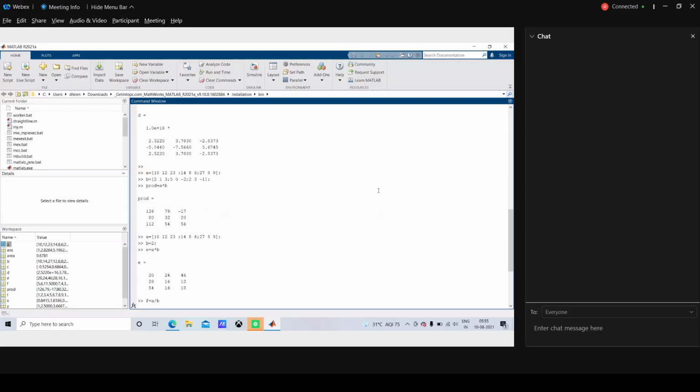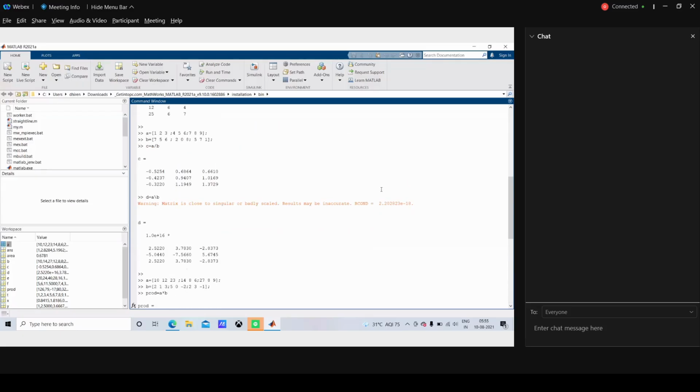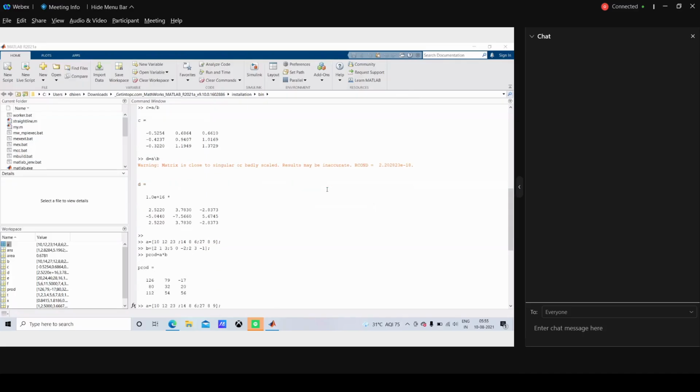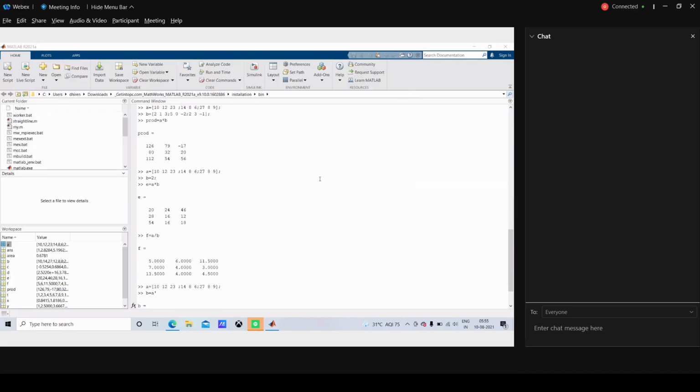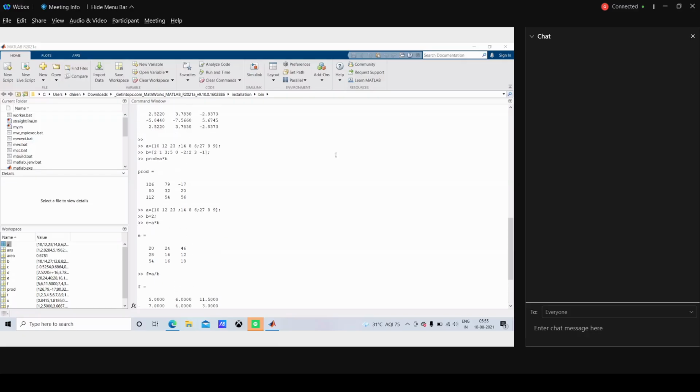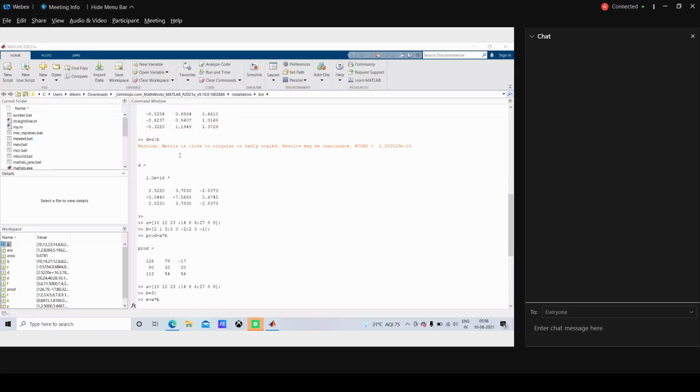What is the impact of forward slash and backward slash? Here backward, and did you do the forward slash also? Okay, multiplication, forward, backward slash. Okay, our matrix is close to singular, badly scaled.